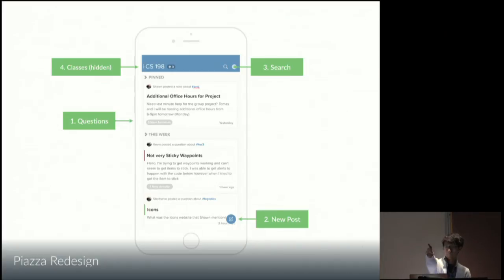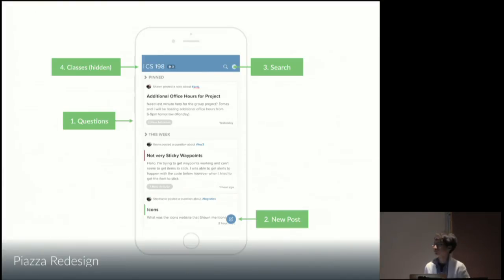Any thoughts? Yeah. You have the user actually look for the answer before they put the question. That's one thought process. Yeah, that's really good. So users might want to look through the questions first and then, if there's no answers, get to the new post. Any other thoughts? Yeah. Kind of out of the way and can be on every page. Yeah, that's a very good point too. By placing the new post on the bottom right, it really gets out of the way of the users when they're reading the post. Any other thoughts?